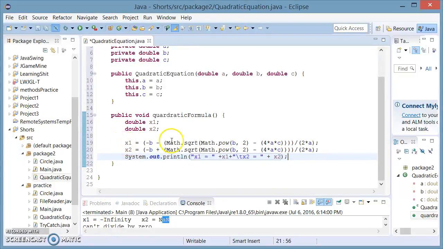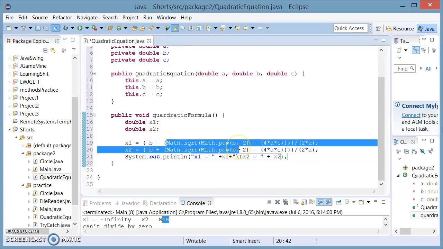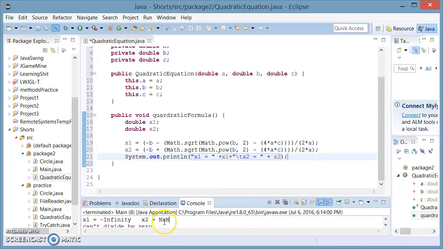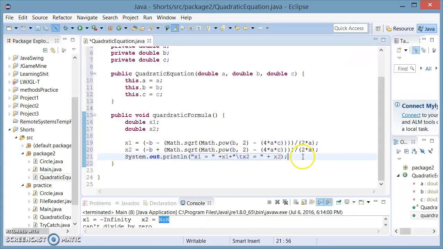Now, ideally I would need to use a try catch in case I'm trying to divide by 0 or I'm trying to take the square root of a negative number. But Java does this automatically, and in that case this is going to return NaN, which stands for not a number. Also, I could give the user some feedback, or give myself some feedback, as to what went wrong. I can make an if statement,